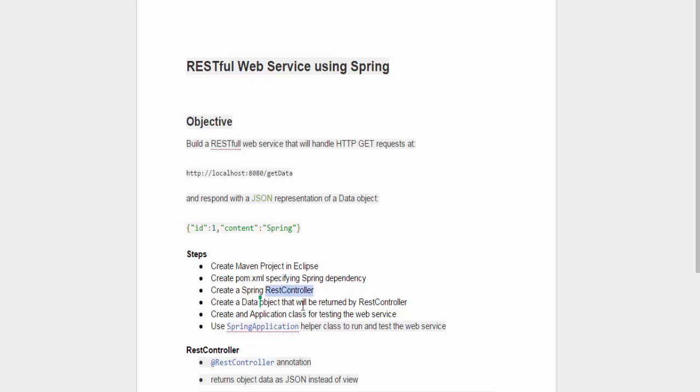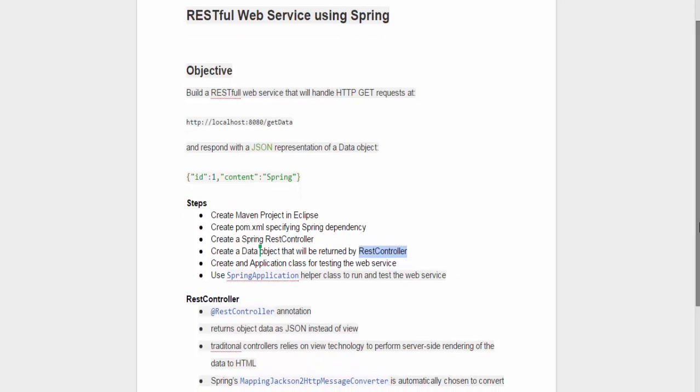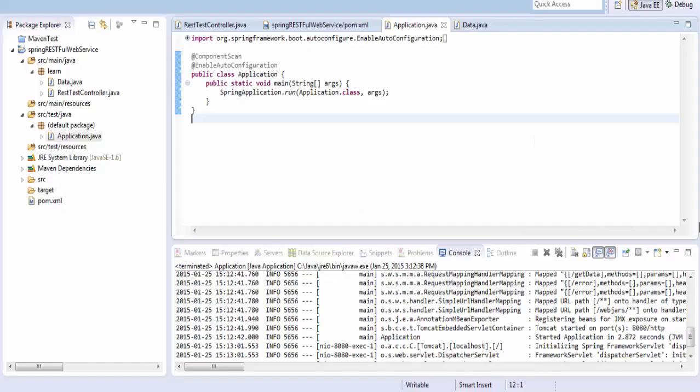We'll also need to create a data object that will be returned by the REST controller, and this data object is converted by Spring into JSON, and that is what is going to be the response. It's going to be a JSON response. So let's get started